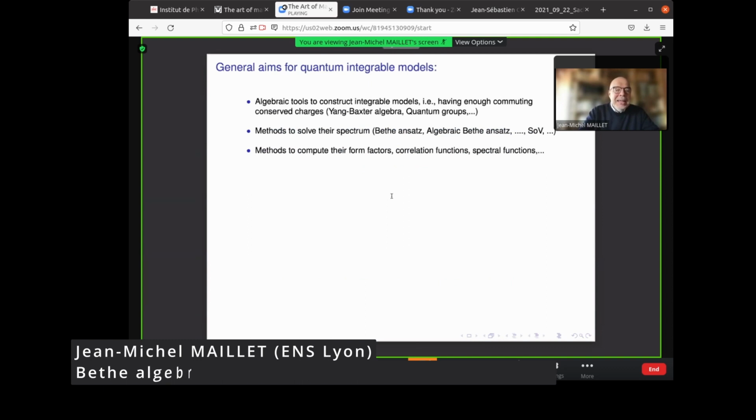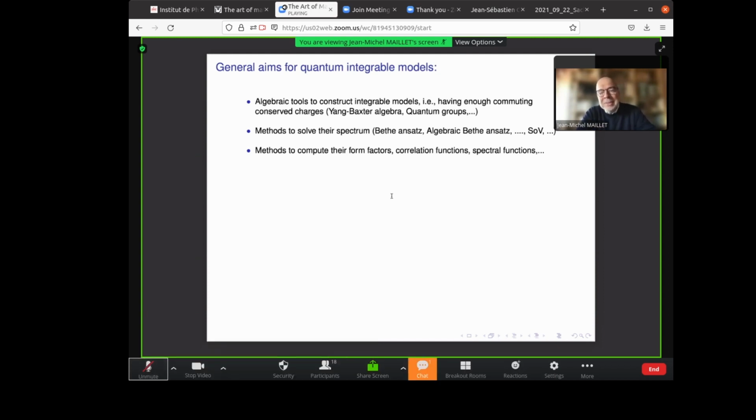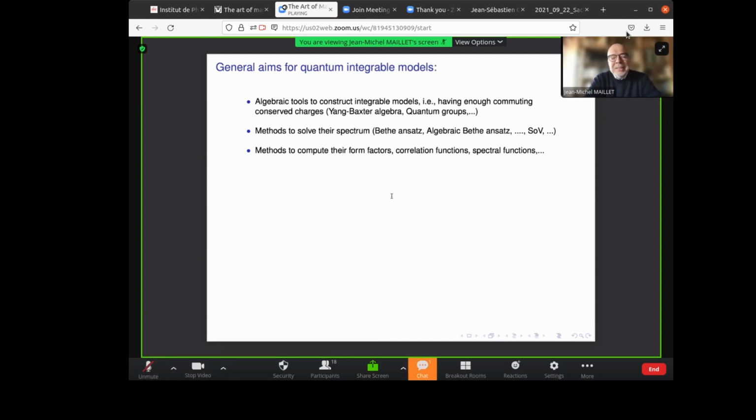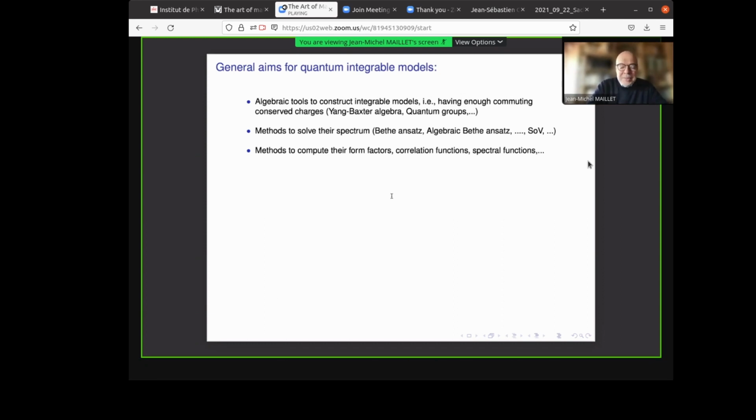So, as I said, for these quantum integrable models, we have a lot of aims, starting from constructing them, solving them through various Ansätze or separation of variables, whatever. And finally, computing form factors, correlation functions, spectral functions, and getting some numbers that we eventually could compare to some experiments. And usually when I say that in such a talk, I have some nice picture